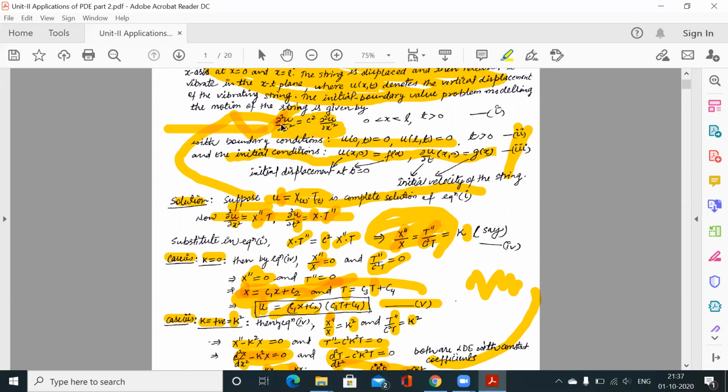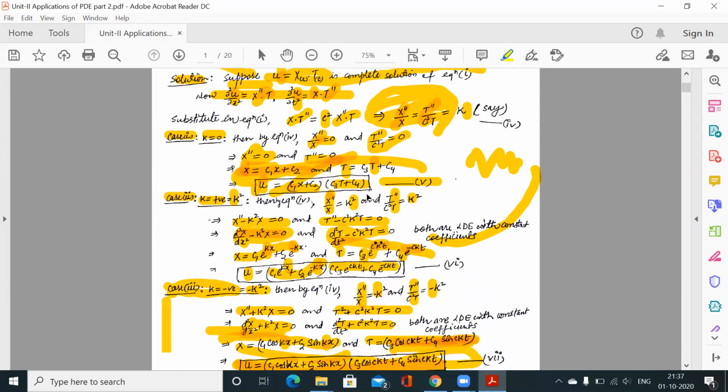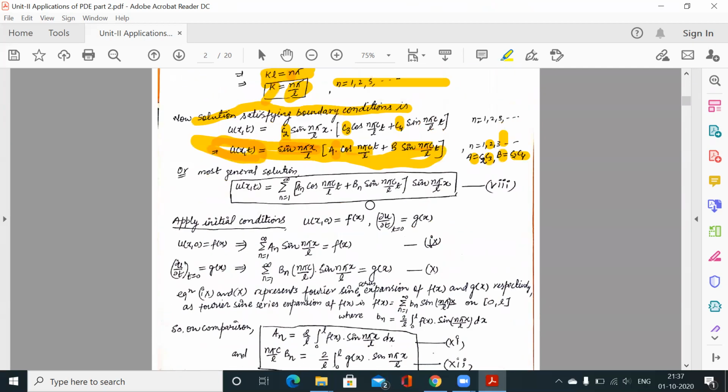So this can be written as del 2 u over del t square is equal to c square del 2 u over del x square, that is, equal to 0 form. So there is no function of x and t, only derivatives are there. So this is a homogeneous equation. So when the given differential equation is homogeneous, then the linear combination of solutions is also a solution. So we have infinite solutions.